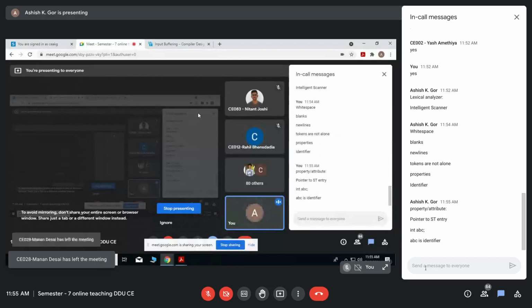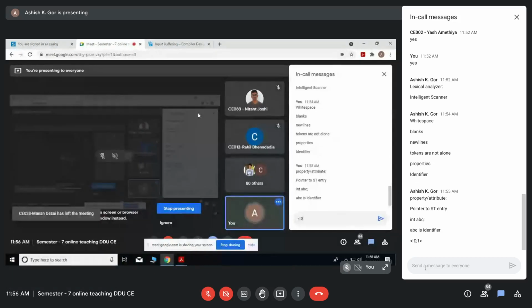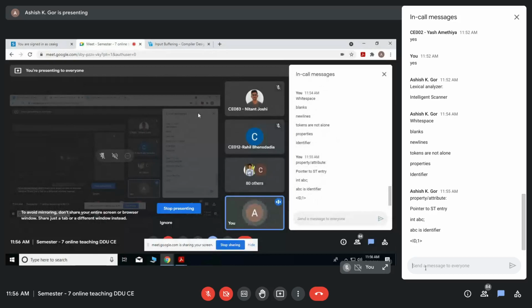Generally we write it like this: id comma 1. We have discussed this earlier, where id is the name of the token. Id means identifier, which generally means a letter followed by letters or digits. For different programming languages it could be a little different, but this is the general meaning. And one indicates an attribute. What does that one mean?